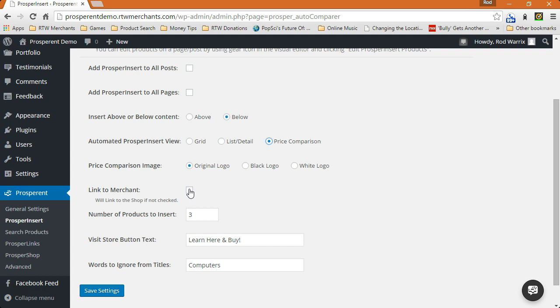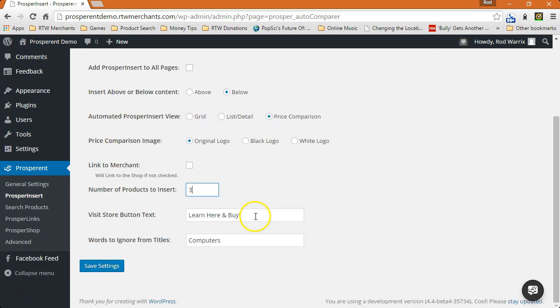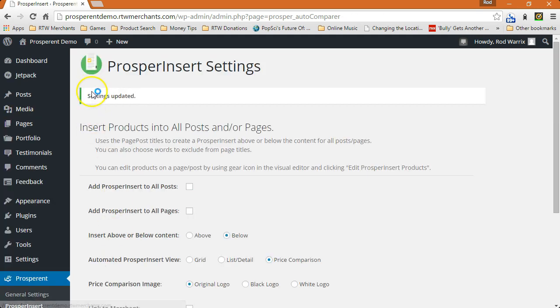I'm going to still keep that as go to the custom product page on the website. Limit number of products to insert: 3, leaving everything else the same, and going to show the price comparison. Save settings. You have a confirmation, settings were updated. Now I'm going to view the site